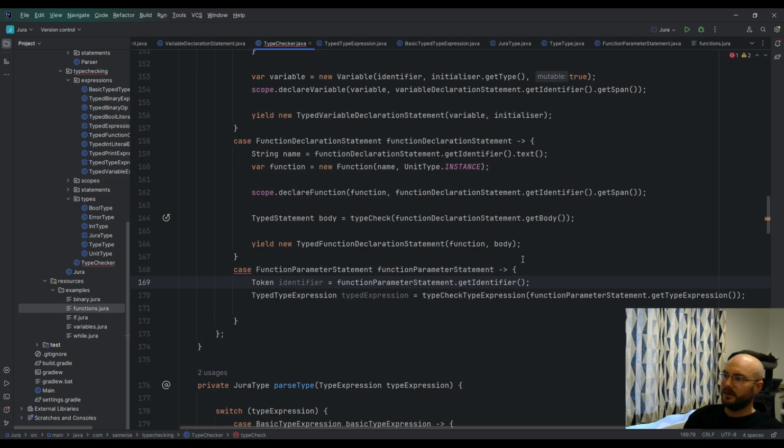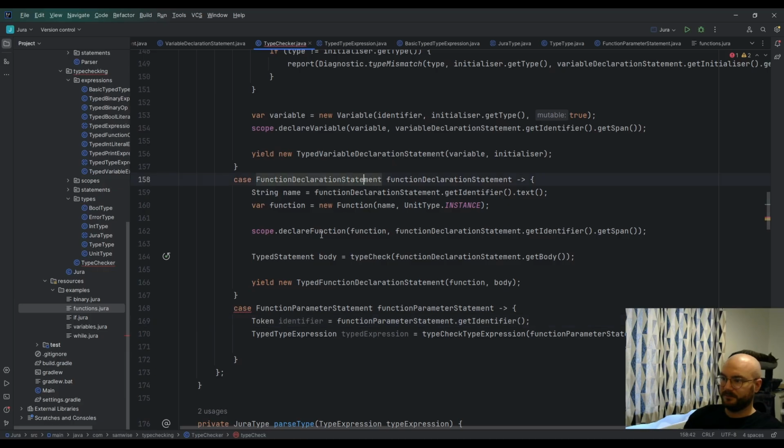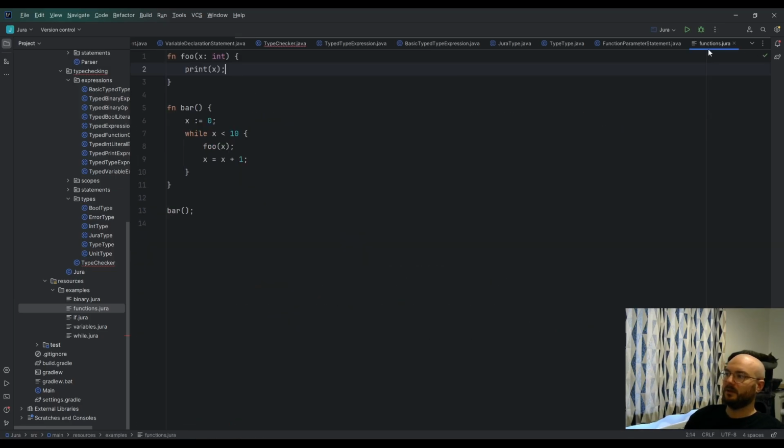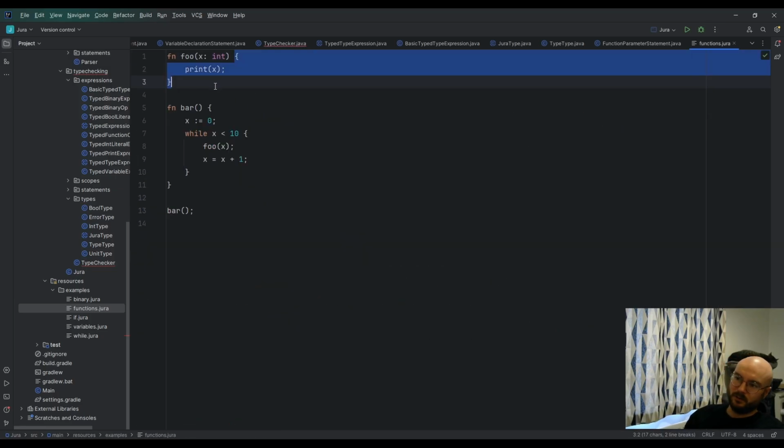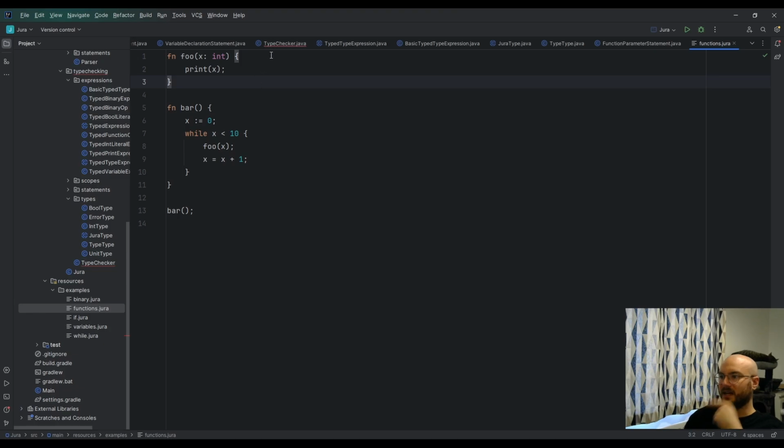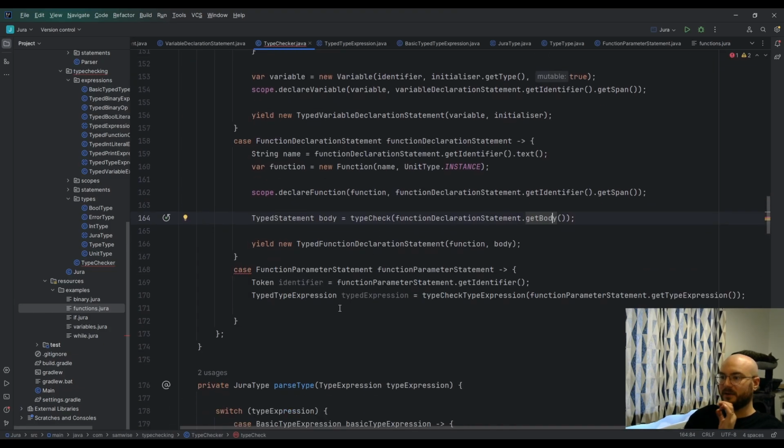Because if we go to function declaration and we type check the body, we are declaring a new scope. So if we go into here, we're declaring a scope in which there is a variable x, and x is of type int, and we need to tell our type checker that there is going to be a